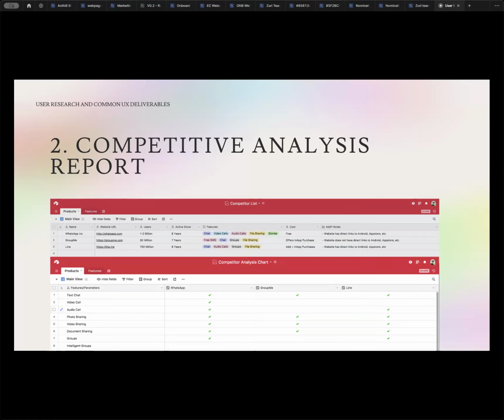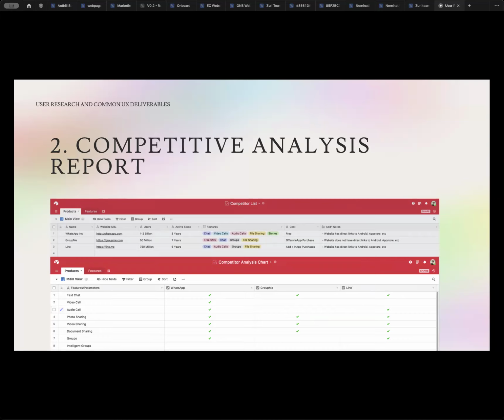You need to know these things. And once you figure out the names of these companies or organizations, you research them. What are their strengths? What are their weaknesses? What are they doing right? What are they doing wrong? What are the complaints people have about them the most? Once you have all this, you put it in your own document and make a proper competitive analysis report,